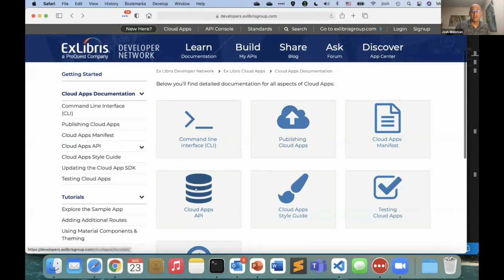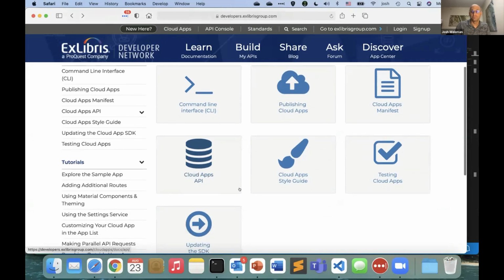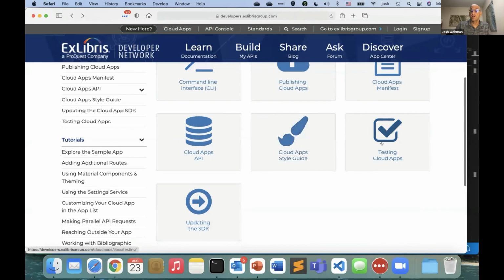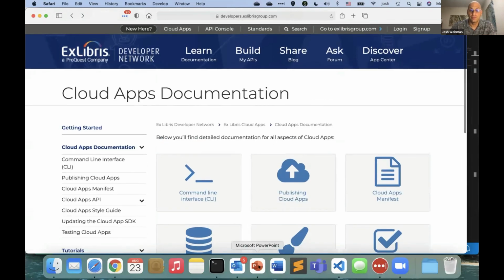These are all things available when you're building a Cloud app. Here's a style guide, which we recommend that you follow, so that the apps look similar to each other. A guide to testing Cloud apps, and a guide to updating the SDK when that's required. So after you've gotten started, either with a new app or an existing app, and you want to dive more deeply into the documentation, that's available here.